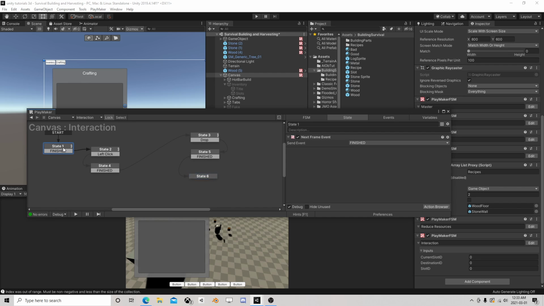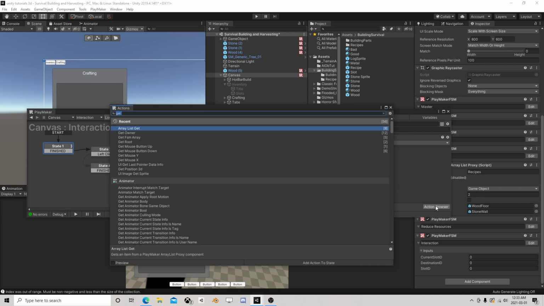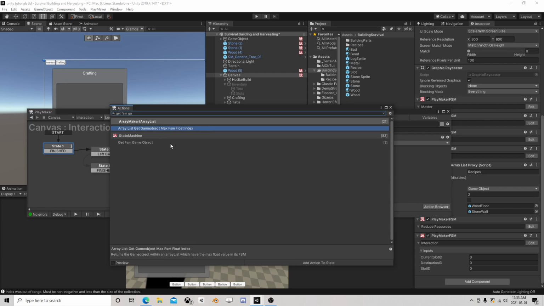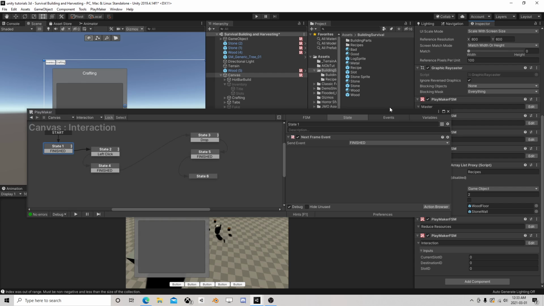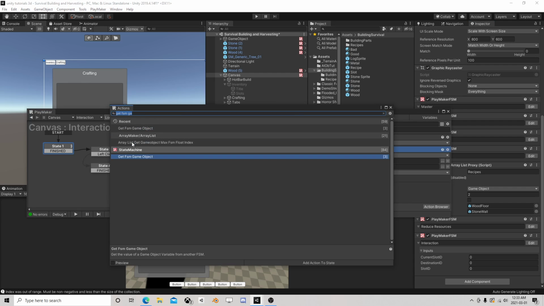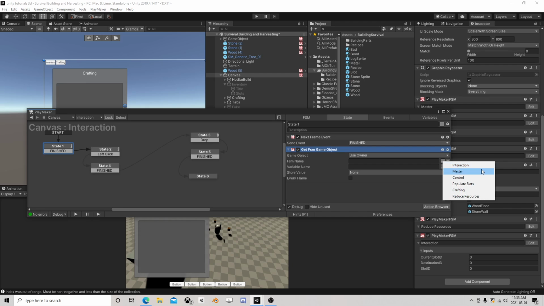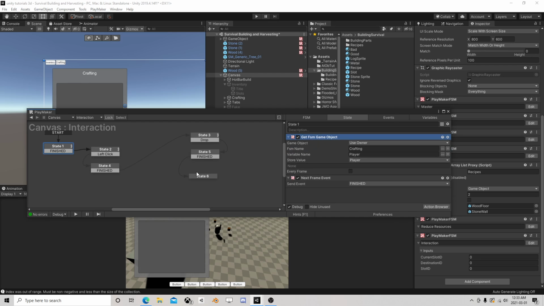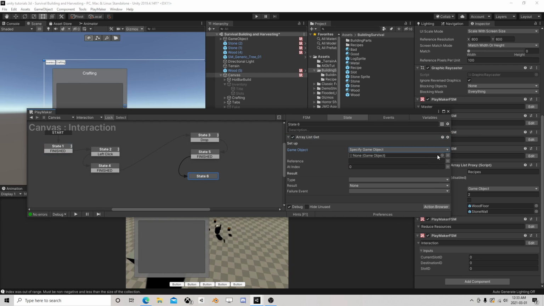So let's over here get FSM game object, and I need to actually click on it. Of, I'll say populate slots. Nope. Control. Master. Lower tundra crafting. There we go. Alright, so we'll just grab the player. Okay, so of the player,